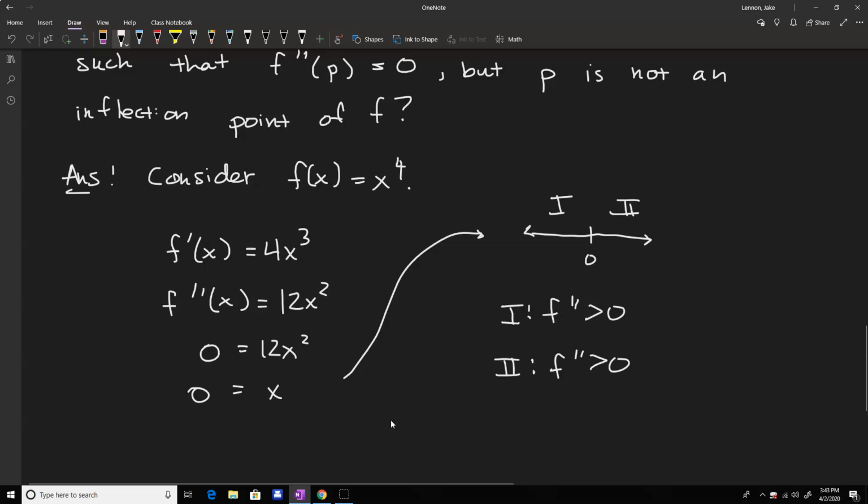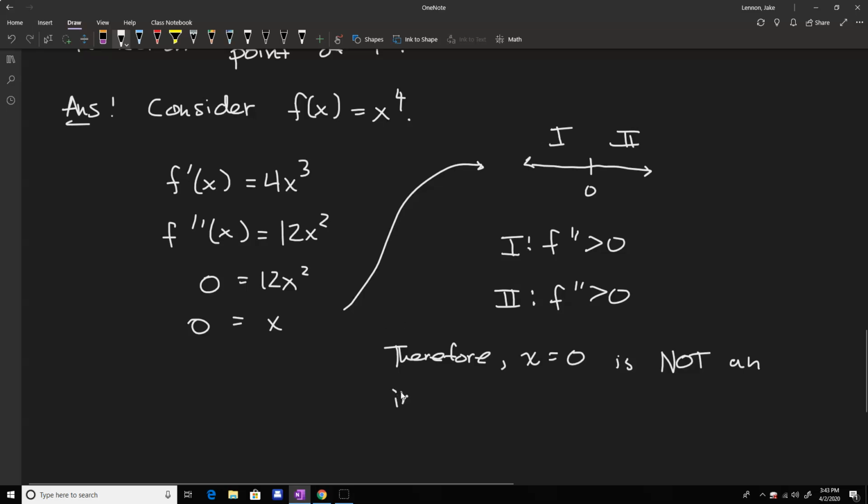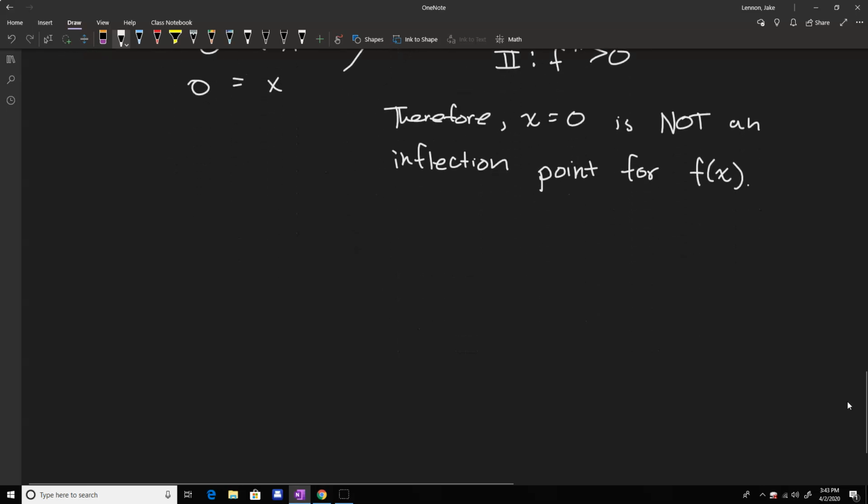So even though the second derivative at 0 is equal to 0, this value is not an inflection point. So therefore, x equals 0 is not an inflection point for f of x. So that's interesting. It does show that it is important to test these things because sometimes we may not see the signs changing. Okay, so why don't we look at another one where we want to find some critical